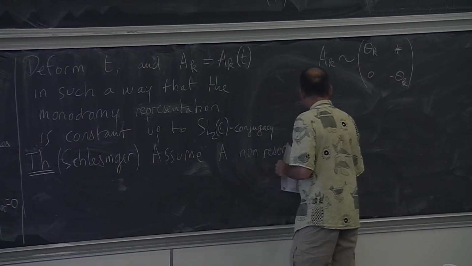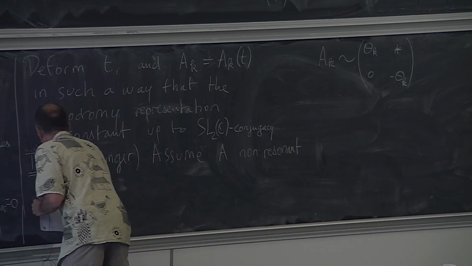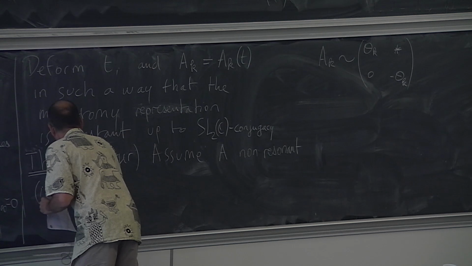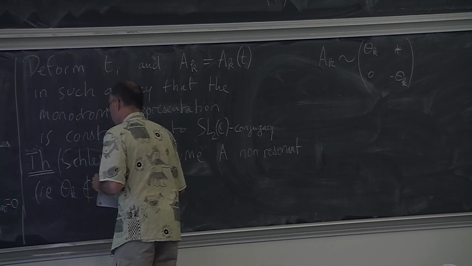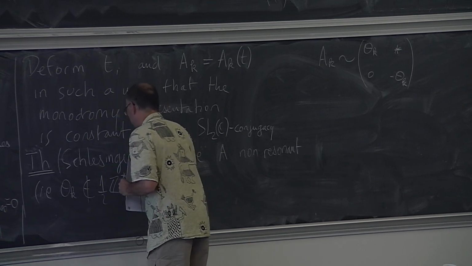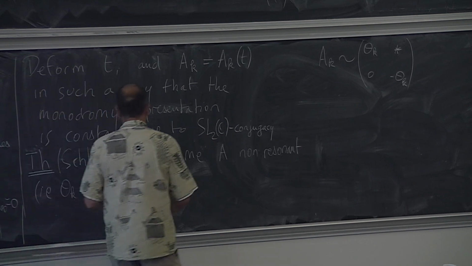So this means that theta k does not belong to 1/2 of Z star for all k. Then